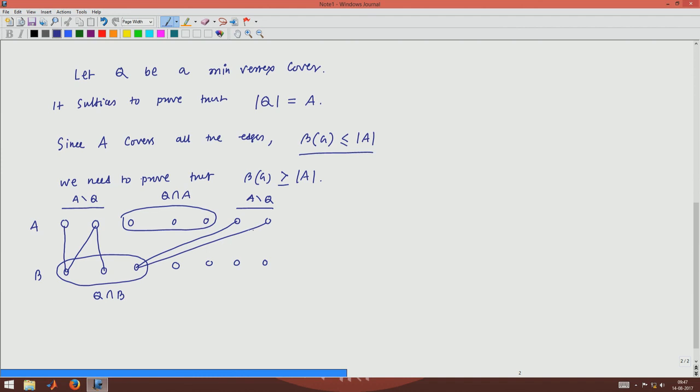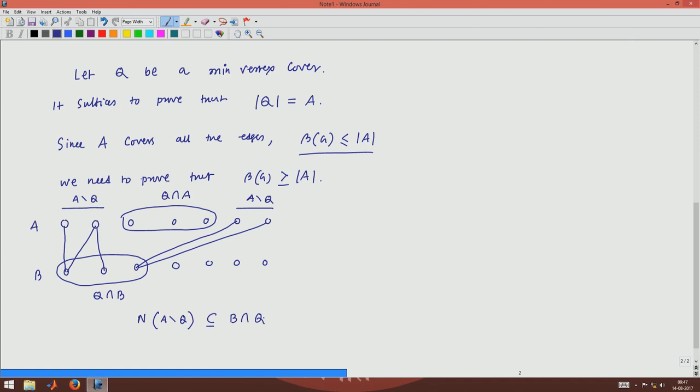Now, all these edges will be covered by B intersection Q. So, that is why the neighbor of A minus Q must be a subset of B intersection Q,